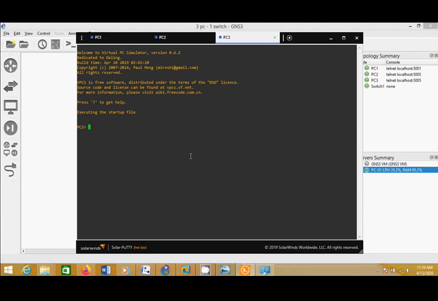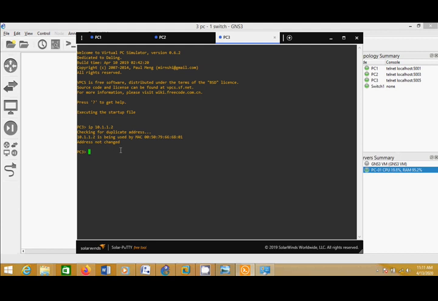And then let's set the IP for PC3, 10.1.1. What if I write .2? Because .2 is actually already used by PC2. Let's see. Checking for duplicates, it says that 10.1.1.2 is already used by another computer, this Mac.